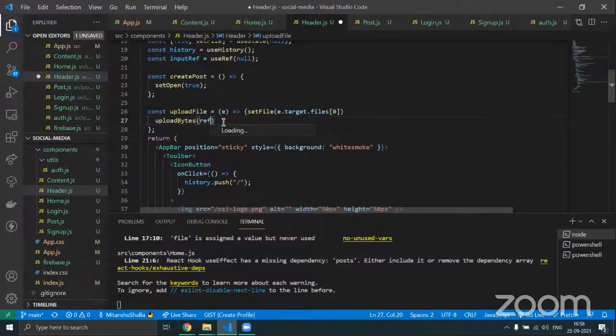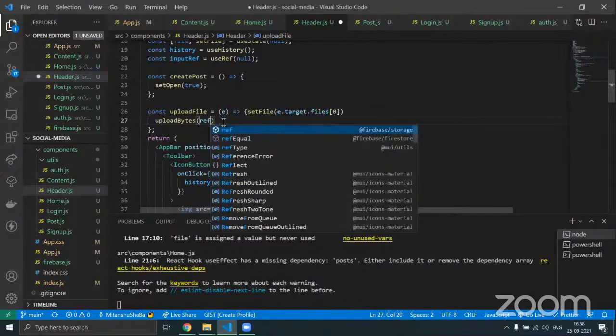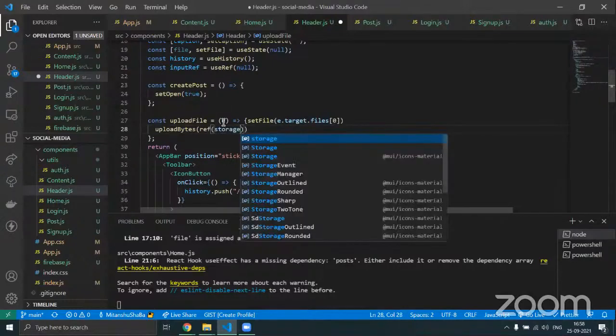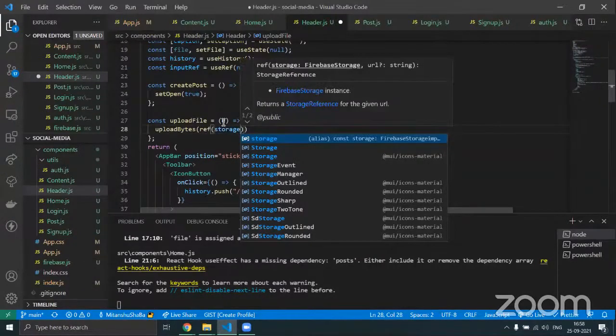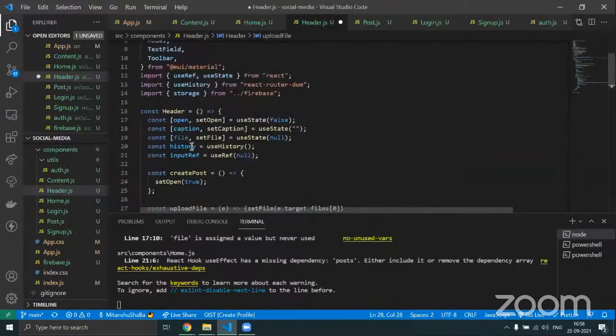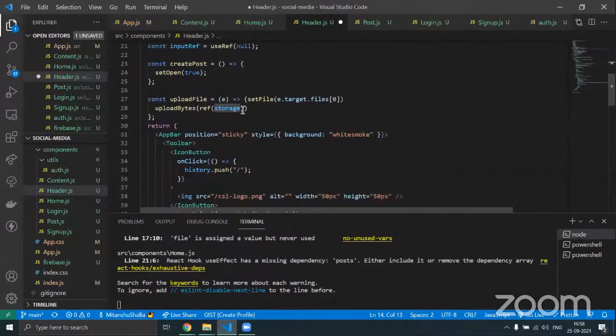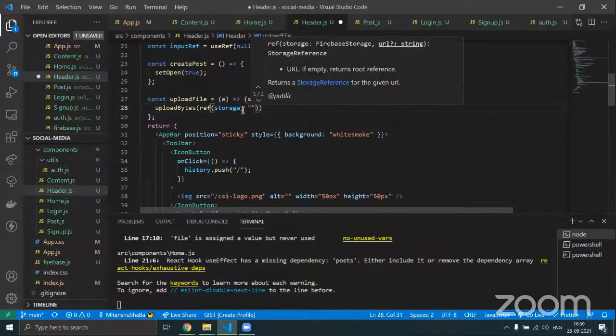So this is the Firebase storage reference that we're using. Over here, I am going to pass it the storage as the first argument, which comes from our... oh, I need to import it manually. Okay, it's already here. Okay, first is storage. Second one, I'll be passing it the path. Okay, so for the path, what we're uploading is